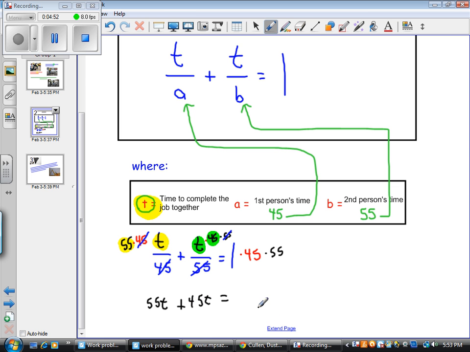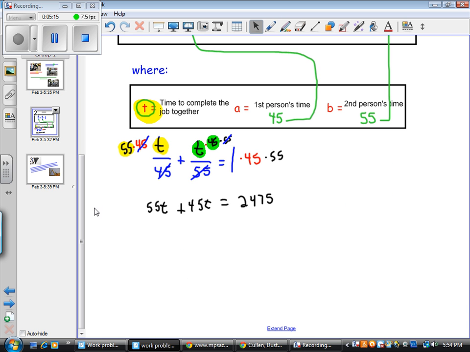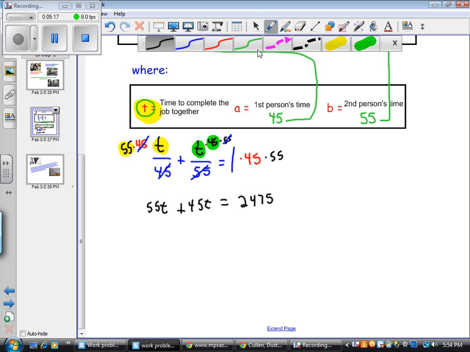Okay, and on the right side of the equation here, I have 45 or 1 times 45 times 55. Well, I'm going to grab my handy dandy calculator here real quick, and 45 times 55 according to my calculator is 2,475. Okay, now we have enabled ourselves to get rid of the fractions, and now it's time to go ahead